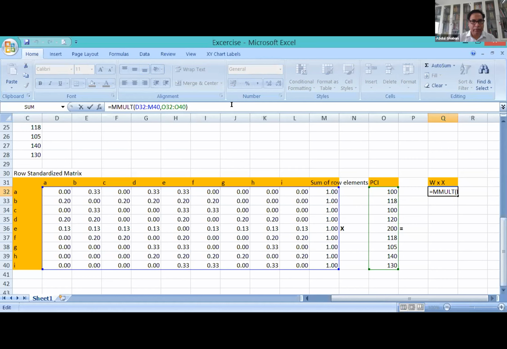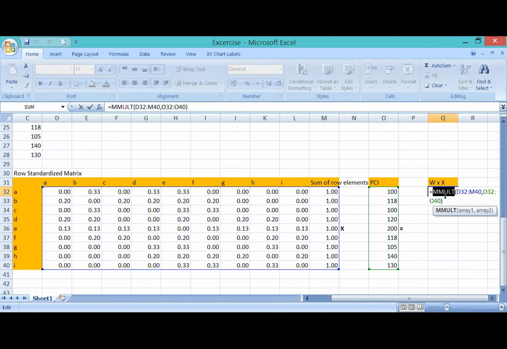Equal to MMULT. Yes, sir, this is how I have it. So I'm pressing enter.